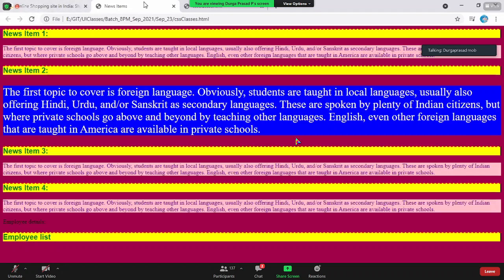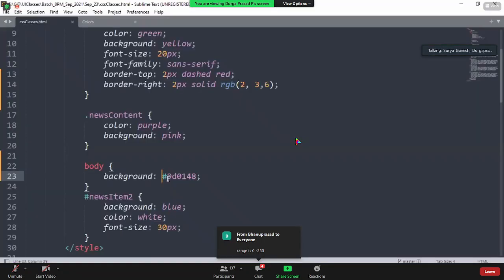Did I answer your question, Pravita? Yes, sir. Samana, go ahead. Here you used hash 90 or something, right, sir? So that hash, does it come under the color combination? No, hash is an indicator. That's it. Hash following the values, automatically the system will understand that it is a hash code. Hash is not a part of the color.